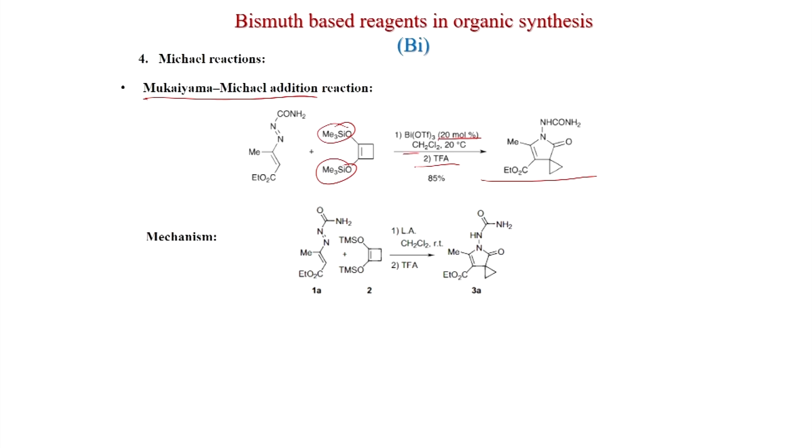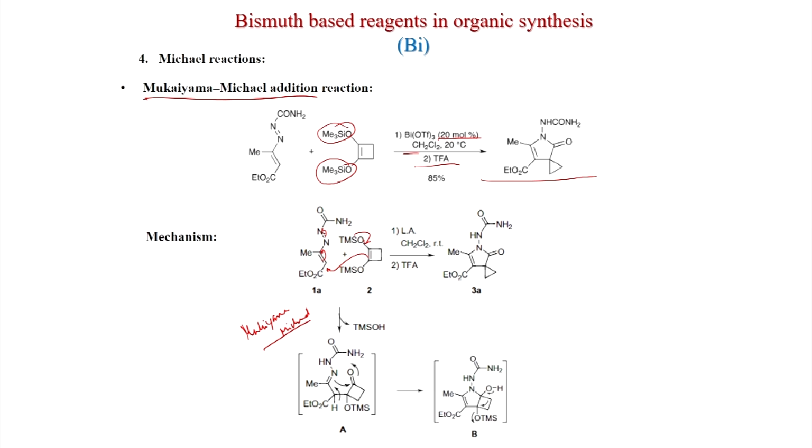And the first thing is the Michael reaction is happening. So, this is the reaction again drawn. What happens, this adds to this. So, the first step is Mukaiyama Michael happening here. It is added to the double bond, and this double bond is migrated to here, and again in presence of acid this double bond isomerized. So, here isomerization is happening,